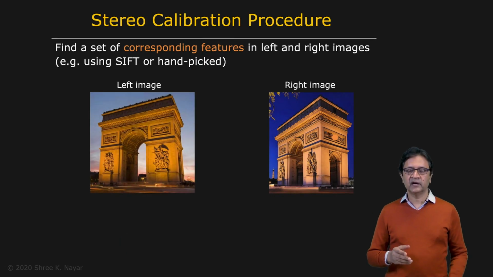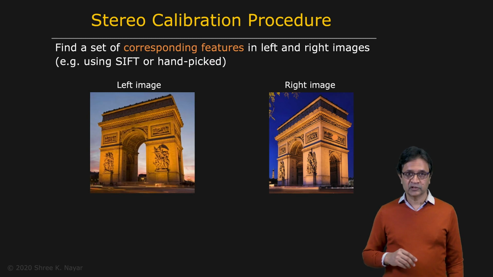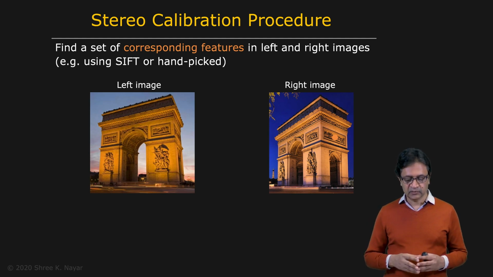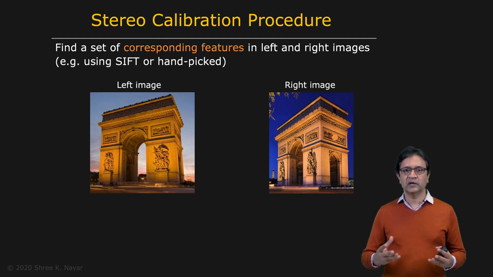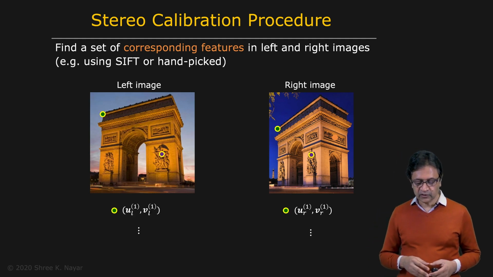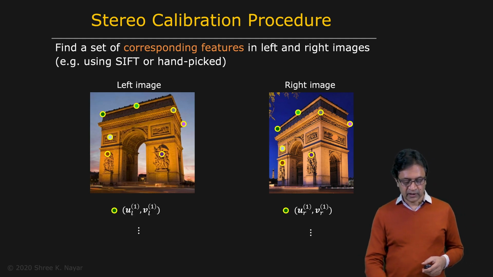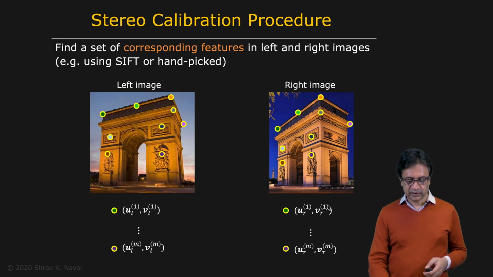We're going to first find a small number of corresponding features in the two images given to us. Of course, these images have been taken from different viewpoints, so features are going to look somewhat different. But if you apply something like SIFT to the left image and the right image, you're going to get some good matches between these two images, despite the fact that the viewpoints are different. So let's say that these are your matches right here. You get image coordinates in the left image, coordinates in the right image.